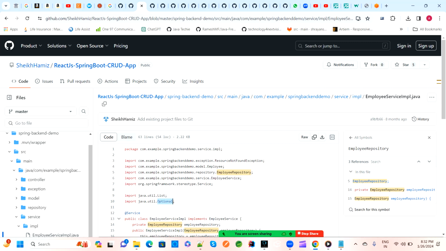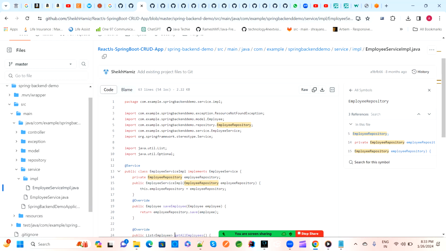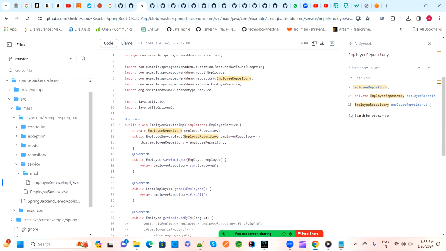And in Java 8 we see Optional, right? Optional means NullPointerException can be handled through Optional. So this feature is coming from Java 8, and this is coming from the collection framework. Both are part of util, so we have imported the util package. Now see, in this service we are implementing, because this is a class and this is the interface EmployeeService. So we used the implements keyword, and here we are using public and private. So public is the class, private is the